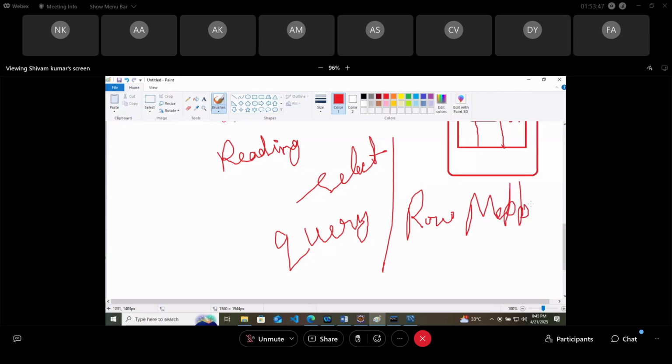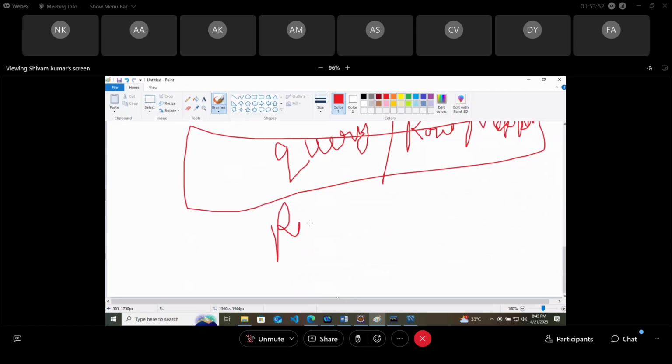You studied row mapper in JDBC or not? Studied along with result set. Now those who are saying that you have studied row mapper, row mapper is not there in JDBC. How did you study this? That's what I'm saying, it's not there. Result set is there, that I know. I have just casually asked, you studied or not? And yes, yes, we studied. How? It is not even there in normal JDBC. It is there in Spring JDBC, right?